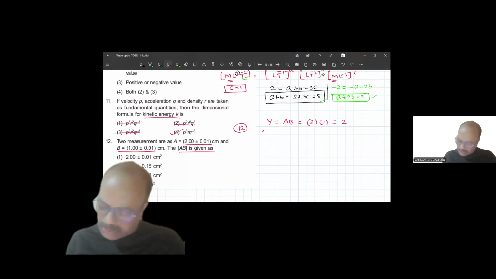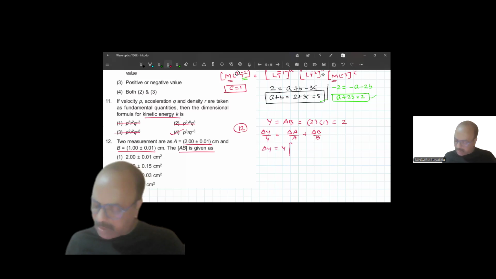Now, combination of errors. Delta Y by Y equals delta A by A plus delta B by B. So I want delta Y equals Y into delta A by A plus delta B by B. So the Y value is 2, delta A is 0.01 by 2 plus